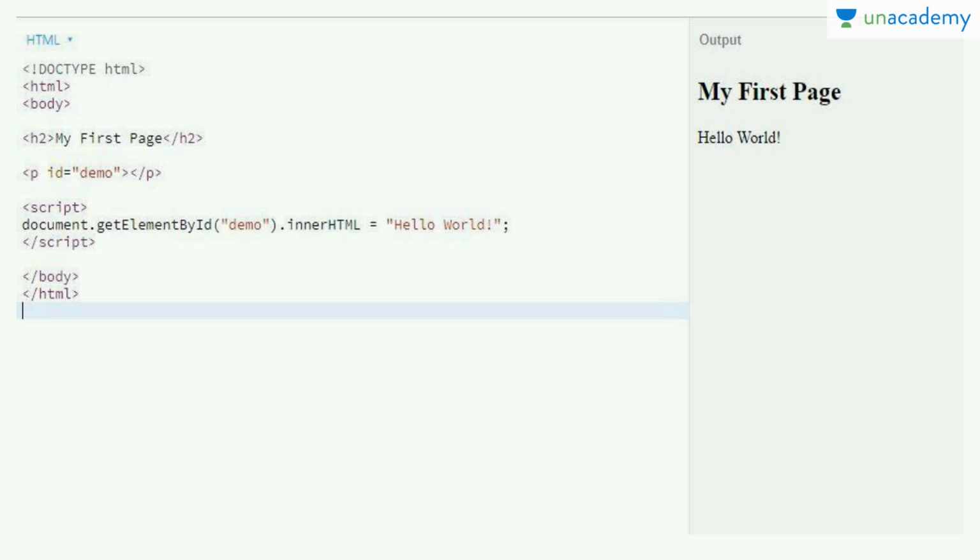So you can see that h2 and p are on the same level in the DOM. Then I have written the script part. I have already told you that there are two places where you can place your scripts inside a web page. First one is inside the head element, using the script source tag or the link tag, and the second is at the bottom of the web page, if you want to load your HTML content first